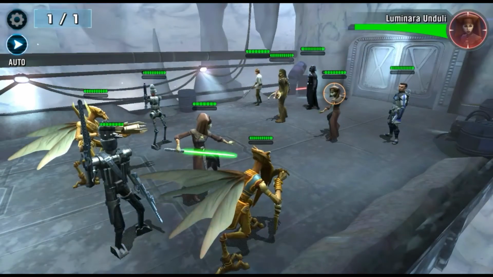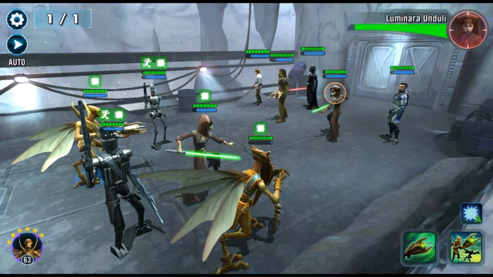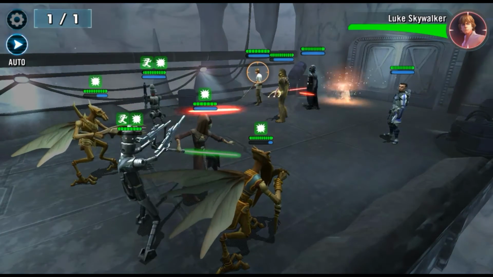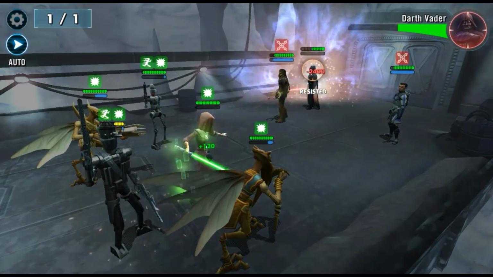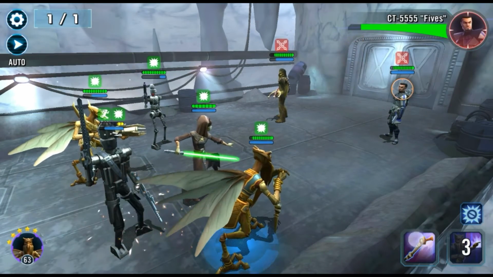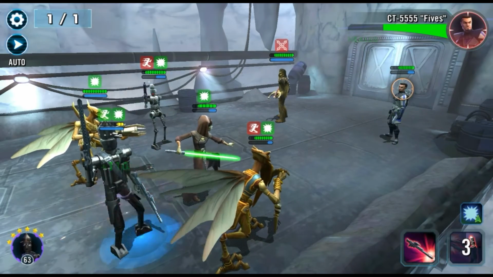So threw in the cannon fodder, especially with Darth Vader. I knew he was going to use that AoE dot that is extremely frustrating. So I took out our pal Luminara first, or I can't remember who was the leader there. I'll figure it out. At any rate,